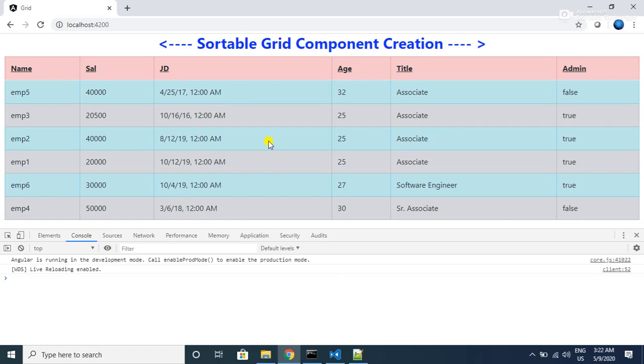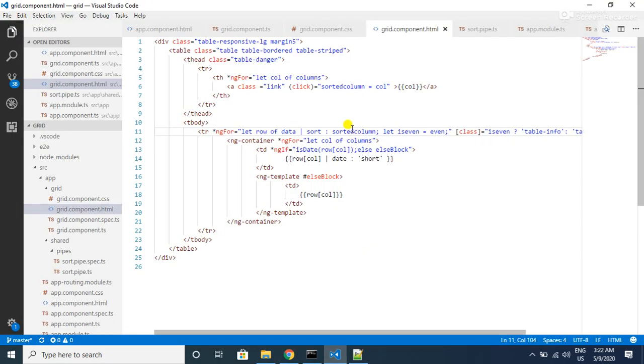Let's go to our code and see what is exactly happening. Whenever we click on this column header, there is a click event handler that we have written, and on click of this particular link, we are setting the variable sorted column to our column name.